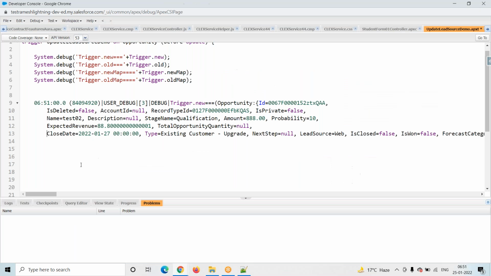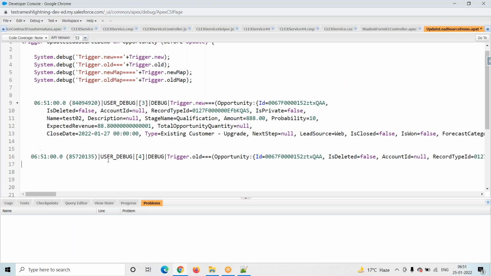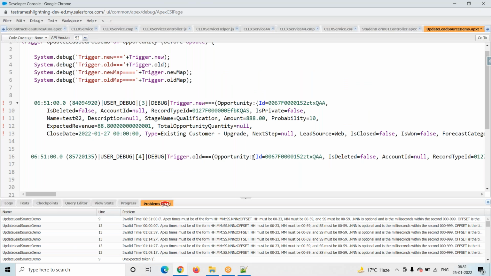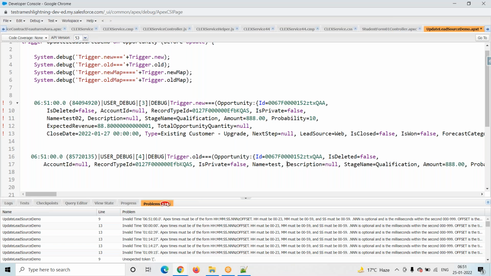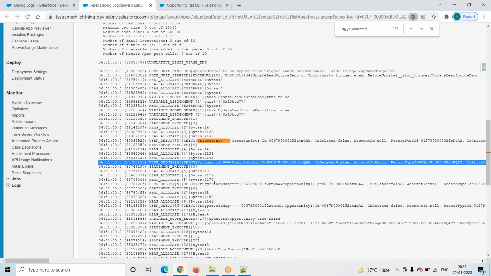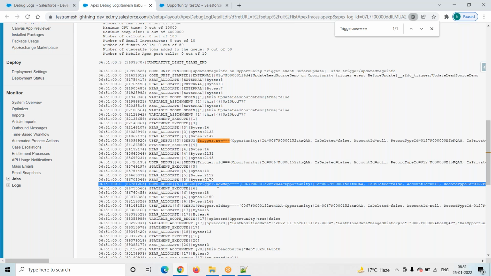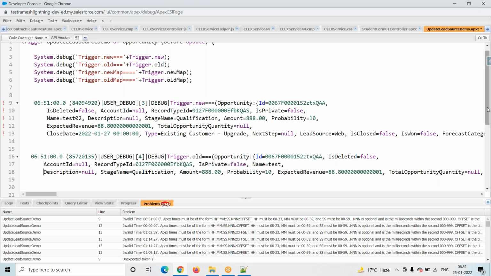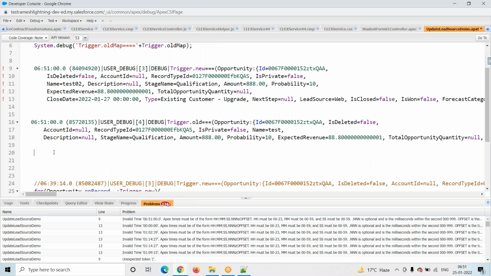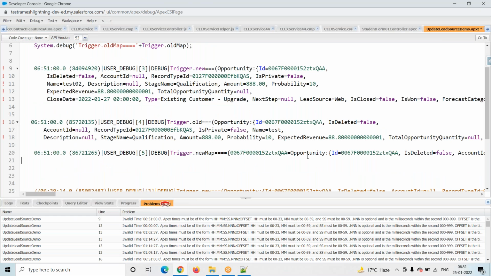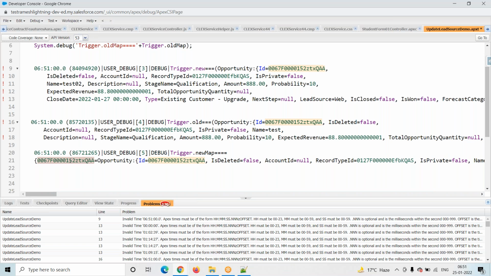See here, this is the old data. Then the next one is Trigger.newMap. Here you have to observe how it is displaying; see, the Id is there.